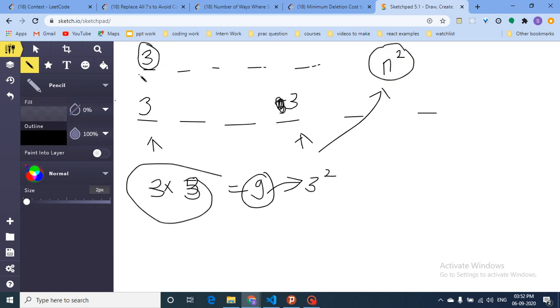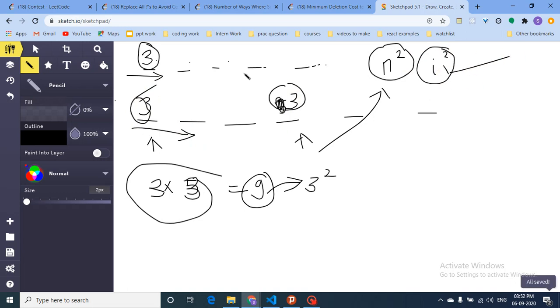So what you can do, first iterate over the whole first array from left to right, and store in a map the square value of all the elements. So for any of the elements, first, second, third, fourth, store its square value in a map, and then do an O(n^2) iteration in the other array, and check that if this is a pair, how many elements are there which are equivalent to this square value in the original position.